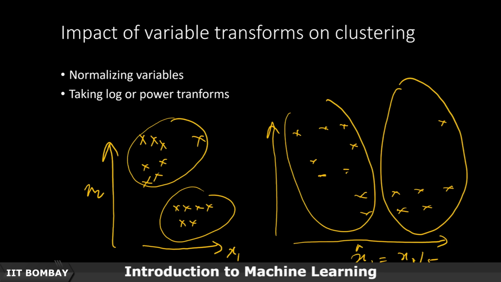Okay. So the scale of the variables is very important. Okay. So a good practice is to normalize each dimension separately so that it has unit variance, for example. Okay. The other possibility is that you also want to look at whether the scale of one variable should be converted to a log transform or to a power transform. So for example, if my x1 is revenue per customer,